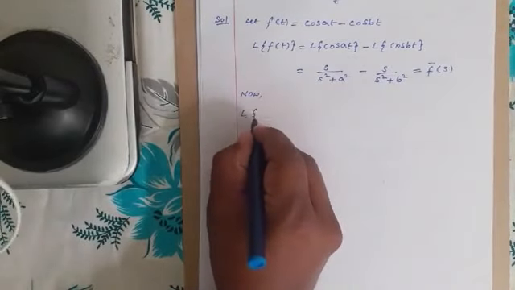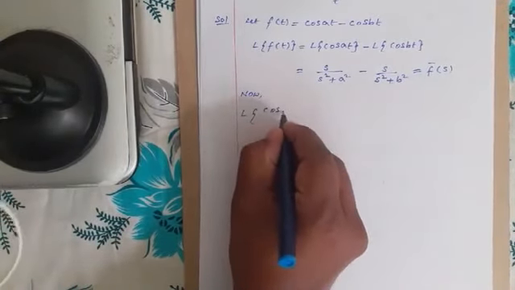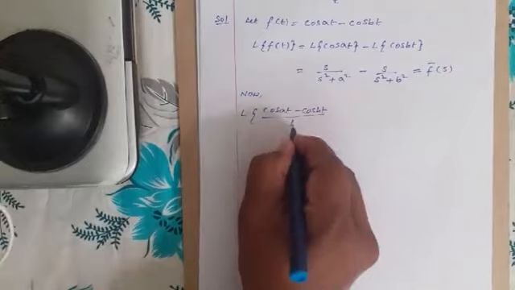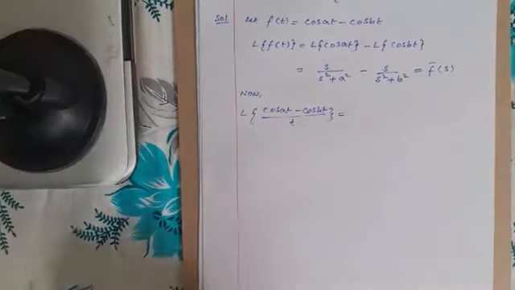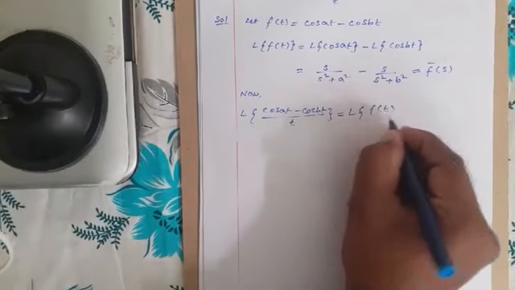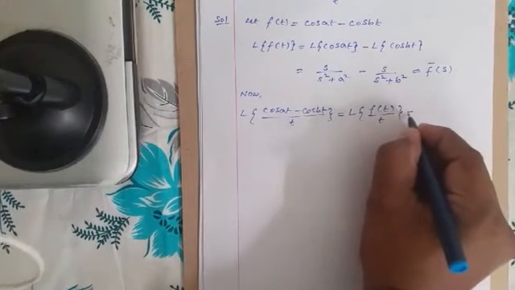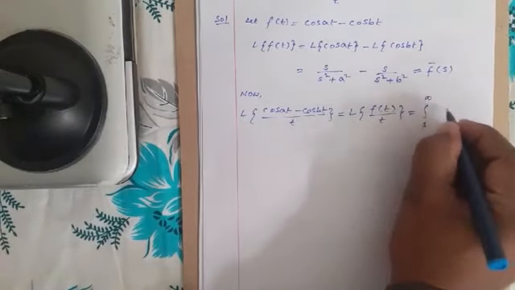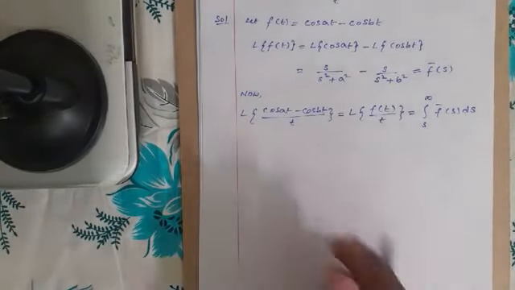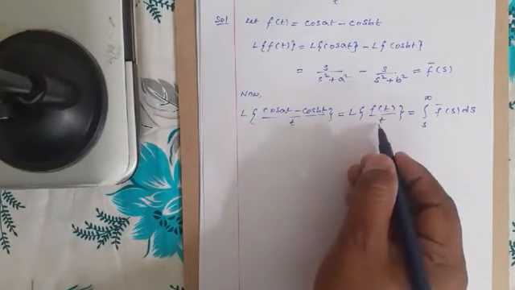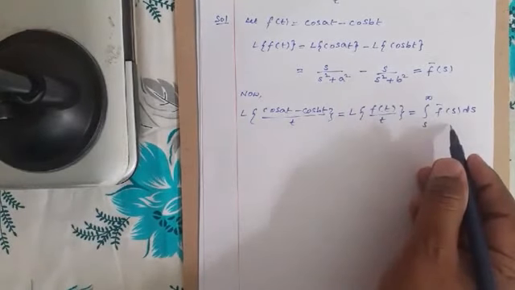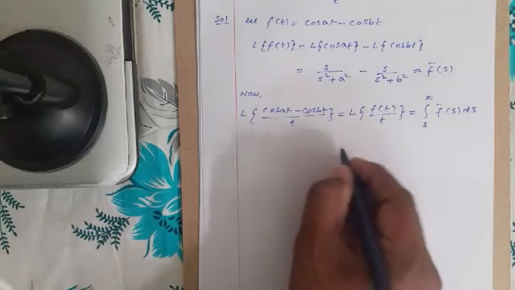Now we apply division by t. Cos at minus cos bt upon t, that is nothing but, I write the given problem in the form of Laplace of f of t by t, that is equal to integral s to infinity f bar s ds. So when the problem is given in Laplace of f of t by t, first we find Laplace of f of t so that we can get f bar s, so that we can substitute directly here. So now this is equal to